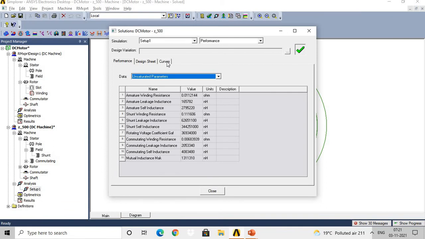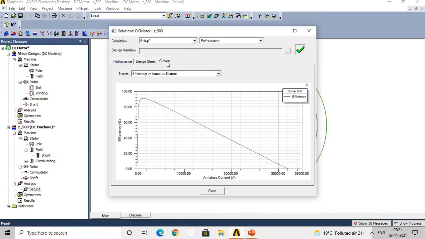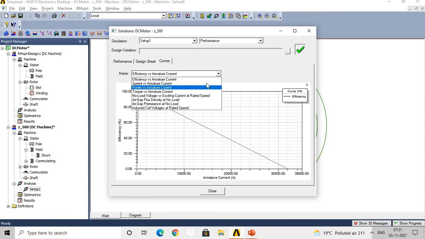Now regarding the curves, what is the conventional method? We develop the hardware model of the motor, then we do the testing of the motor with different tests, and then we draw the performance curves. But here under this RMExpert tool, you have the possibility to check the performance curves of the motor for the selected design. Like here, we click on the efficiency versus armature current graph, then that graph or curve is available. Then what type of information will we get?